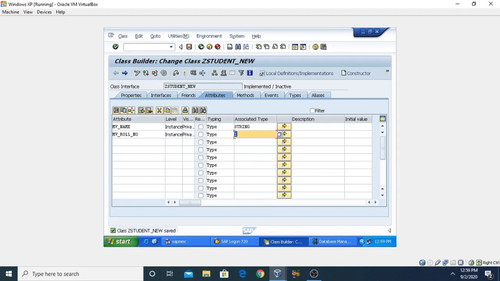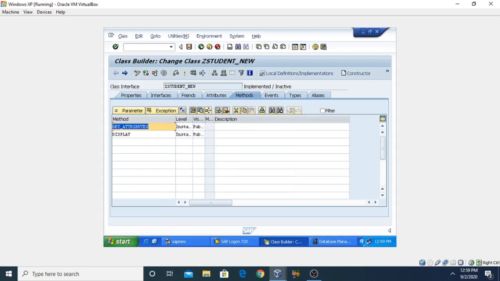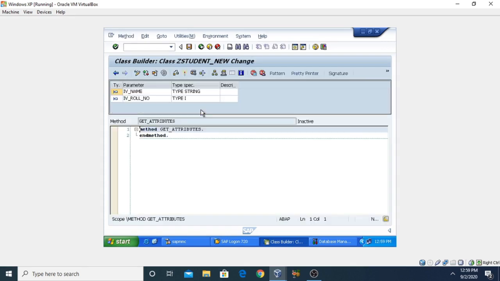Now we need to define the implementation of the methods. Click on the methods, get underscore attributes, double click on it, or you can click on the source code. Now you can see that we have the parameters here. We need to define what the method will do. So I am taking mb underscore name equal to iv underscore name.